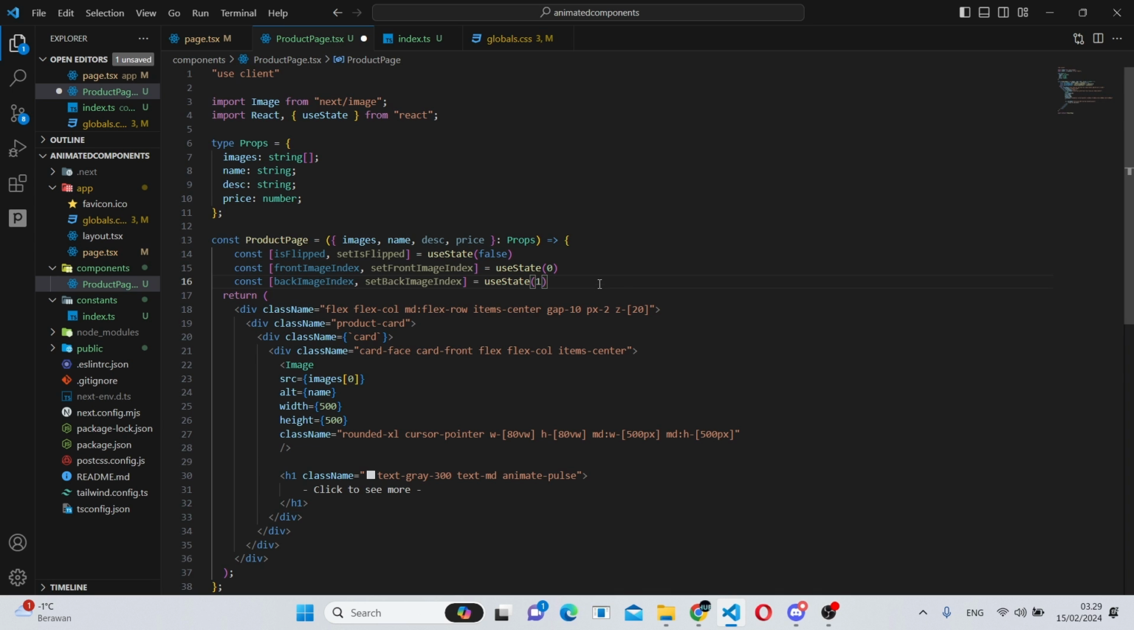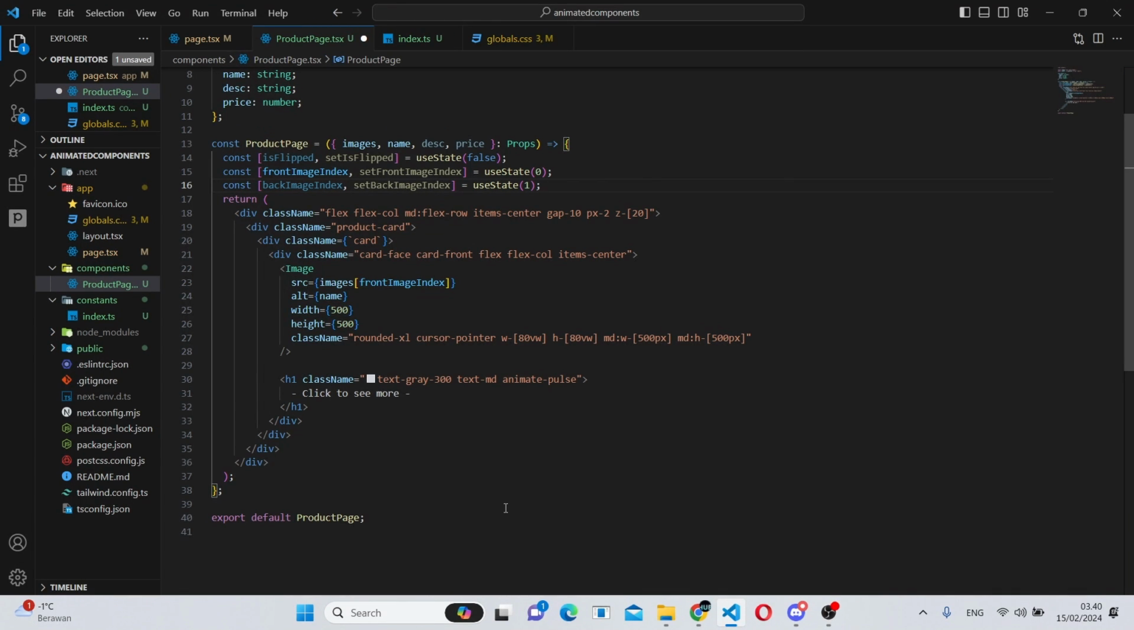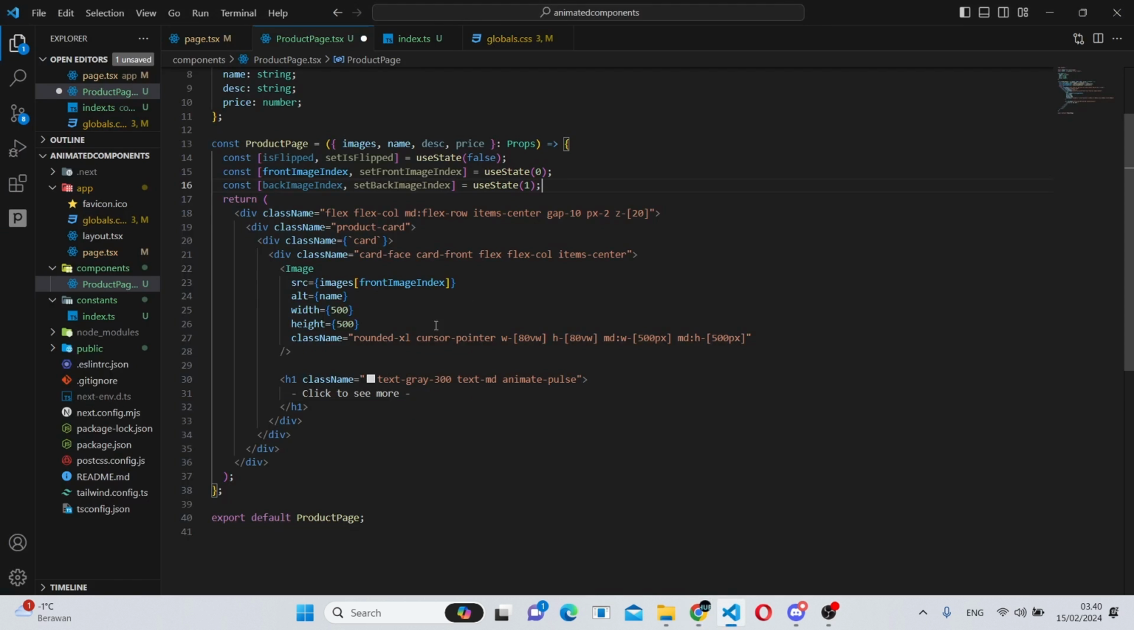And for now, this is all we need. And images can be frontImageIndex. And now let's see how this looks in the actual app. We go back here, and we'll have this image I generated with AI. By the way, the website I used was mage.space. And this pulsing text, let's add a gap between the image and the text, which will be